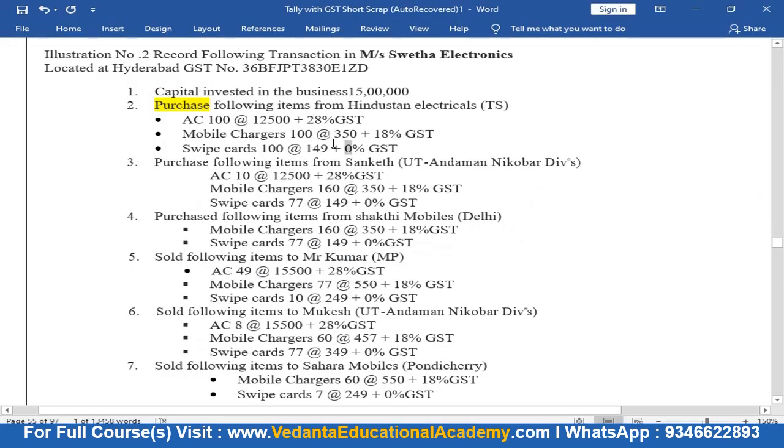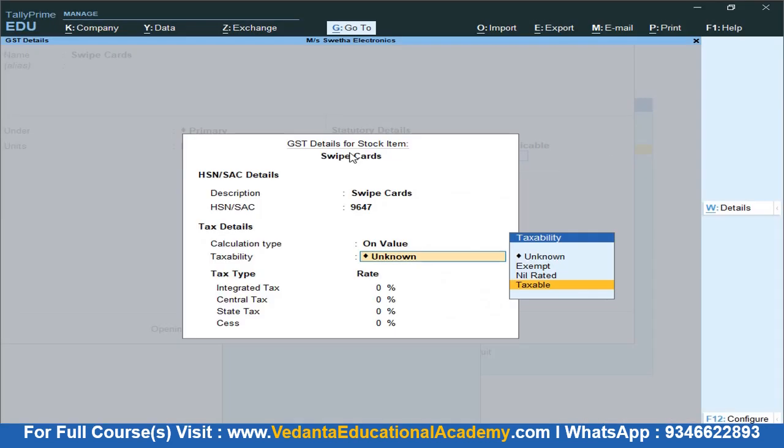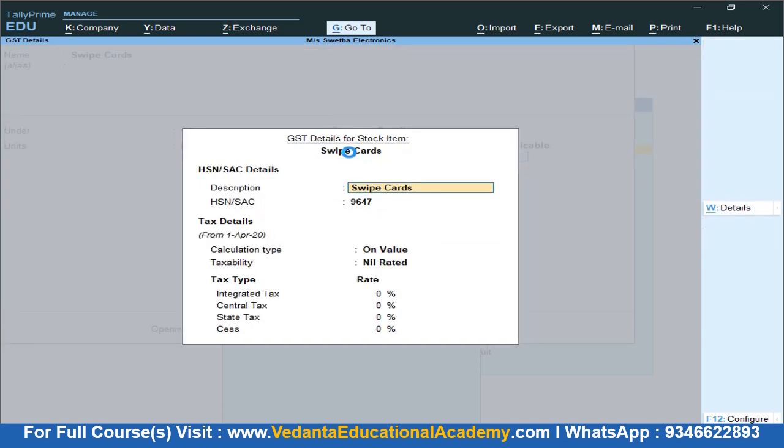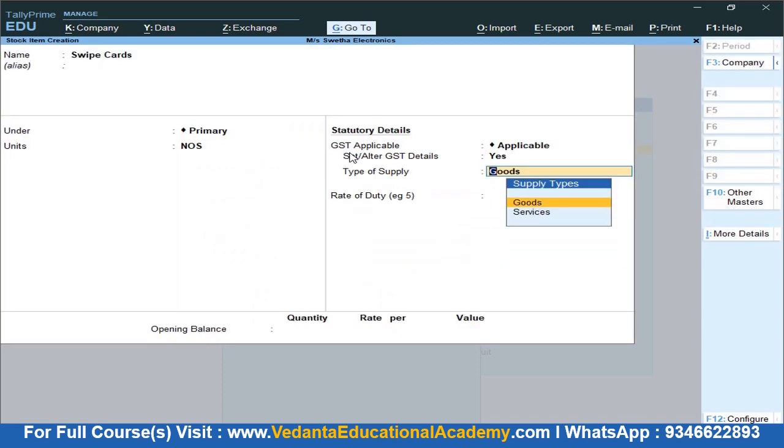Now this product is falling under 0%. So any product which does not fall in GST will be known as exempt. A product which falls in GST under 0% will be known as nil rated. Nil rated, then directly save the same.